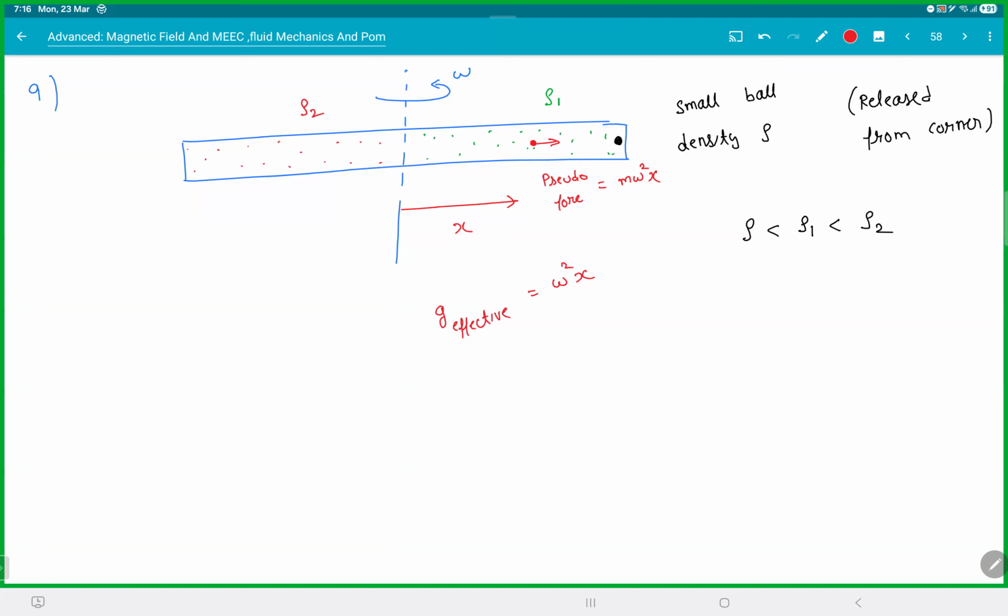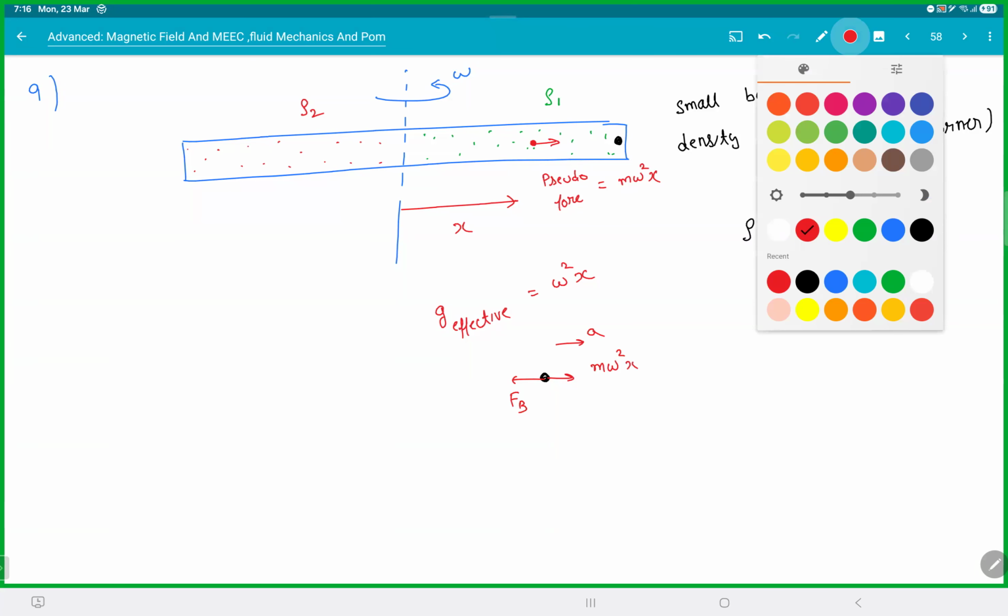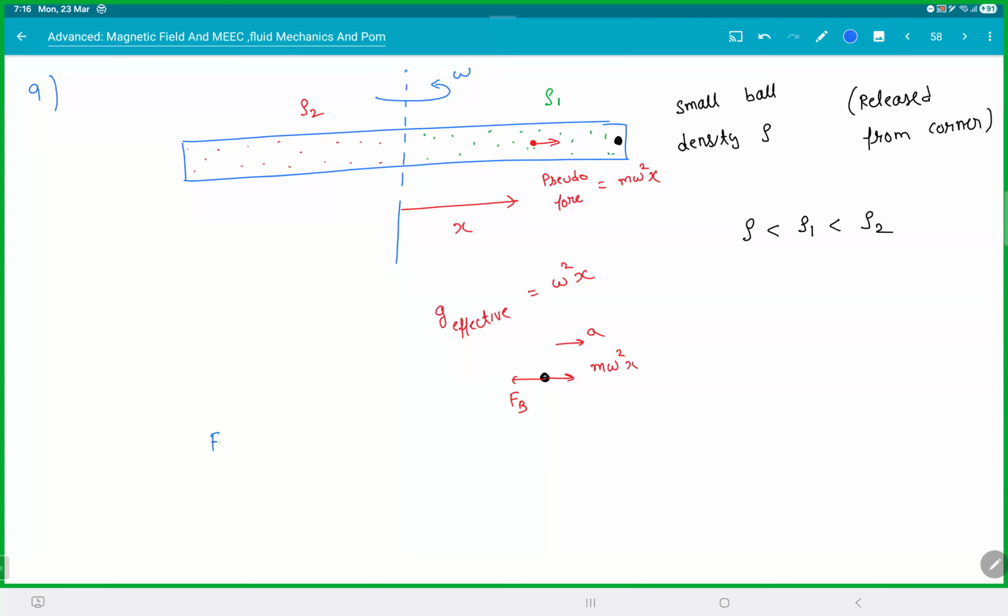Do you guys figure out what it is? It's an SHM. So if you write the forces there at a distance x, the centrifugal force will be m omega square x, and there will be a buoyant force FB, and I'll take acceleration this way. So FB minus m omega square x